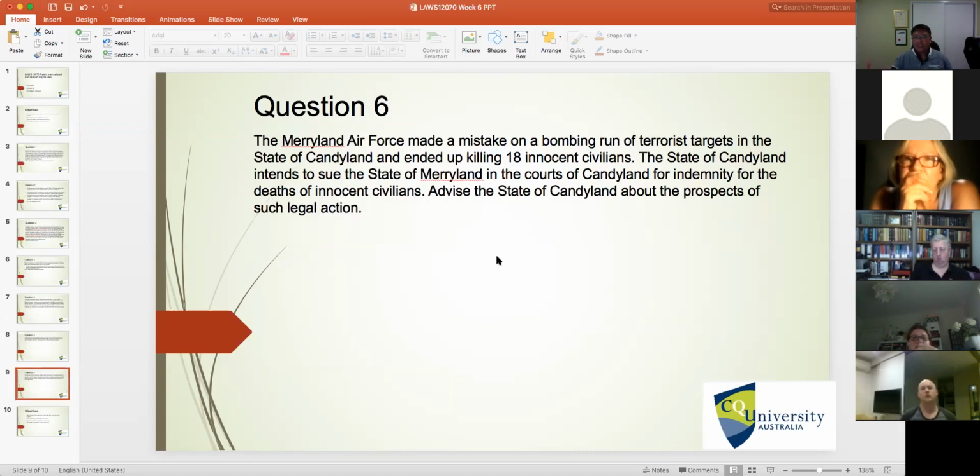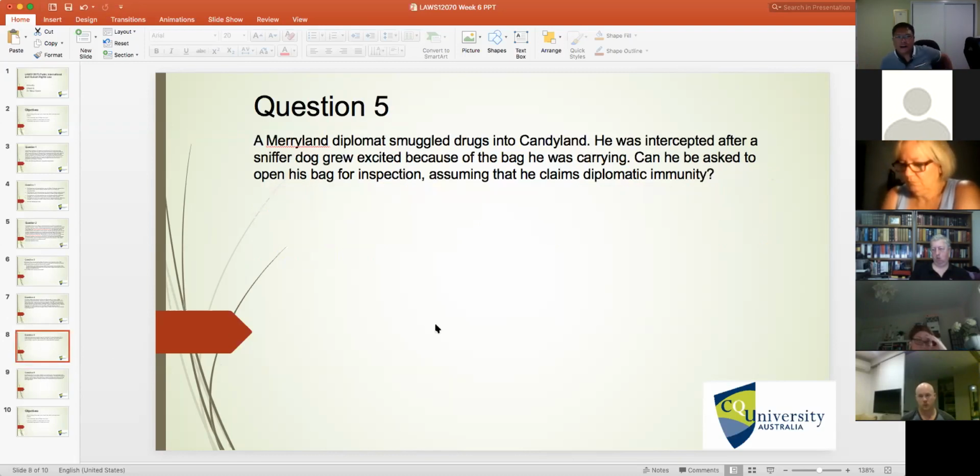That's when the Maryland Air Force bombed. We said that that was a sovereign act, immune from suit. So in question 5, a Maryland diplomat smuggled drugs into Candyland. He was intercepted after a sniffer dog grew excited because of the bag he was carrying. Can he be asked to open his bag for inspection, assuming that he claims diplomatic immunity and assuming that he is an accredited diplomat? So can you imagine,